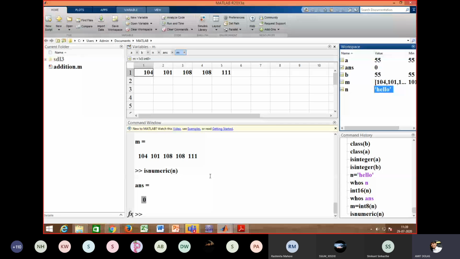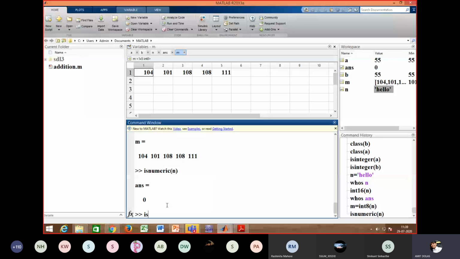And I'll say is numeric, I'll use another one. What is the numeric value here? B. Or say A is also numeric. So I'll say B. It shows true, it is numeric.